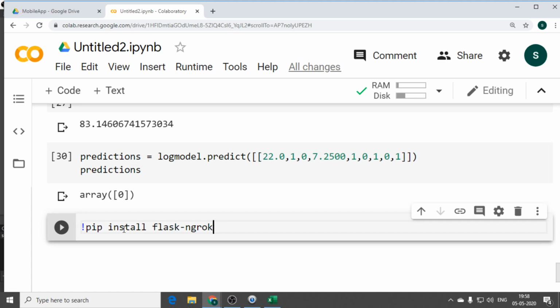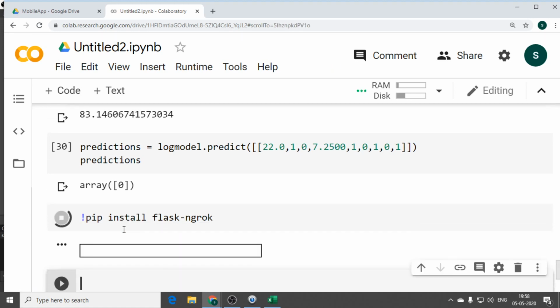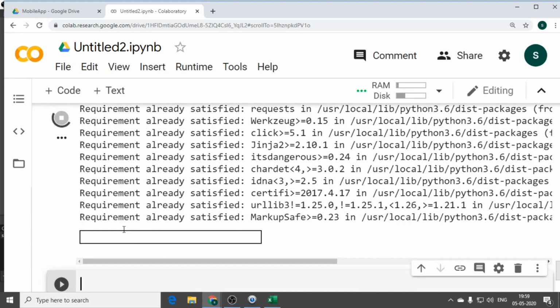See, splitting into training and testing parts is nothing but making sure your data is divided into train and test data. I have already done that part. You please try to follow it. I cannot repeat, I cannot go back again. Just install this package, pip install flask-ngrok. You need to give an exclamation mark before that,